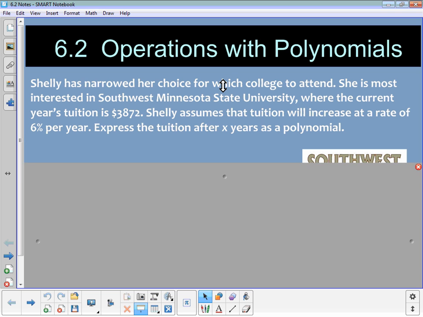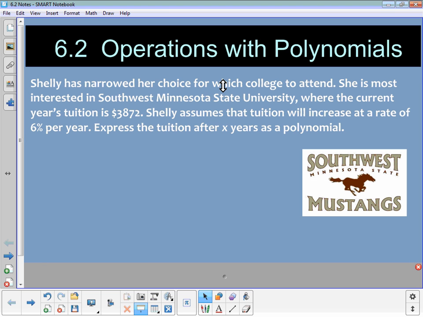Our first example talks about Shelley, and she's searching for a college that she wants to go to. She's most interested in Southwest Minnesota State University, where the current year's tuition is $3,872. She assumes that tuition will increase at a rate of 6% per year, and then we need to express this after X years. So what we need to do is take the current tuition,